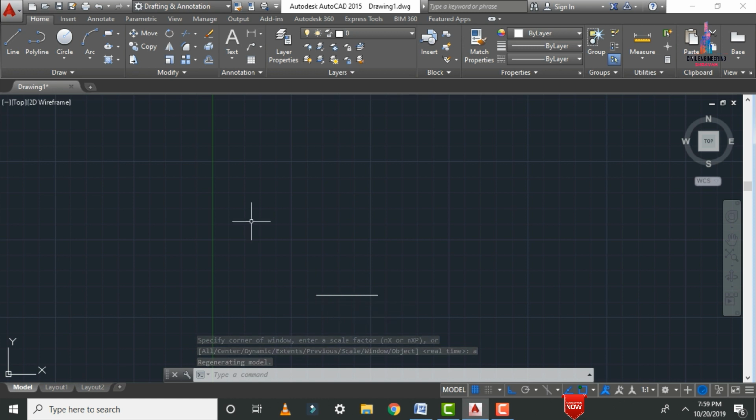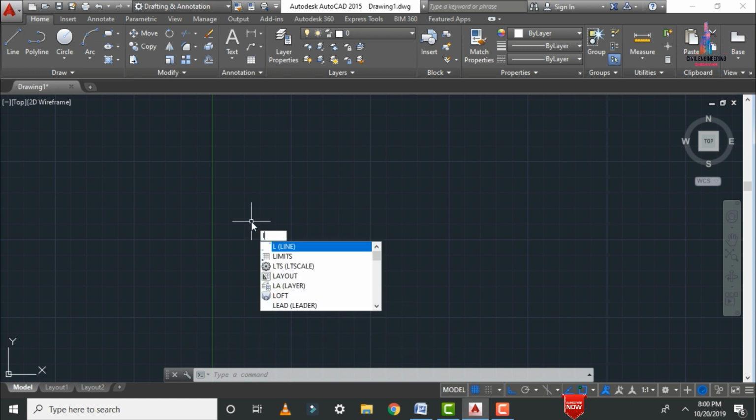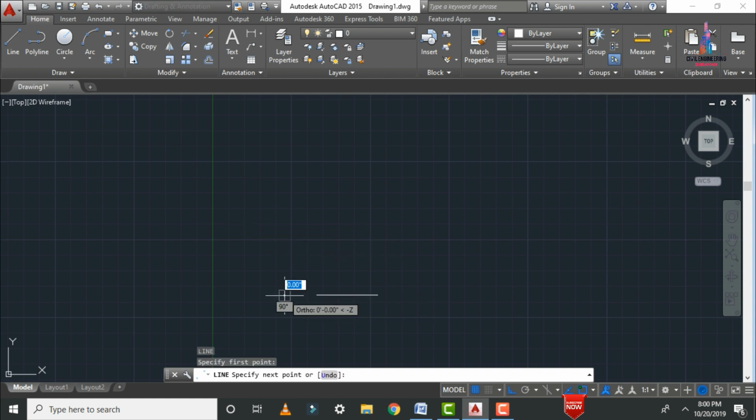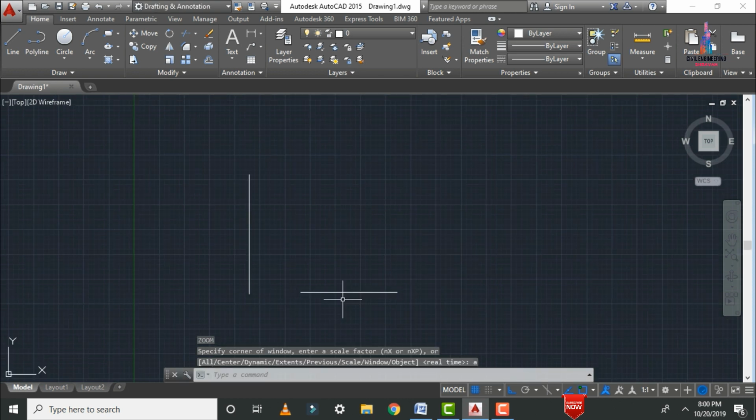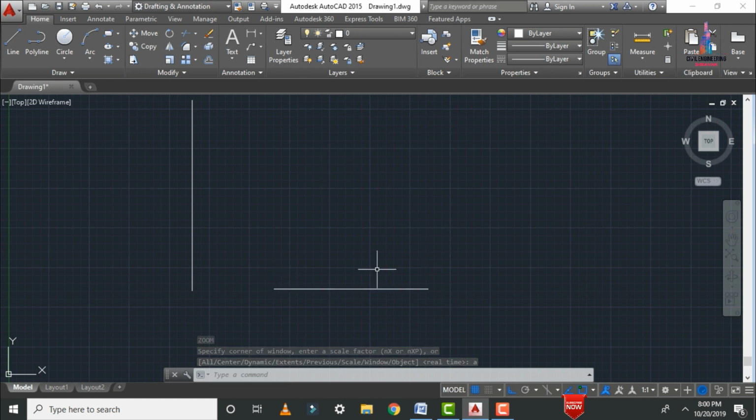Again, in the same process I will draw the vertical line also. L, enter. Select the starting point here. Again I am selecting the vertical point. Let us consider it as 25 feet 0 inches. Click on Z, enter. Now we can see the lines were drawn here like this, consisting of 20 feet horizontal and 25 feet vertical. Now we can select the dimension linear option.